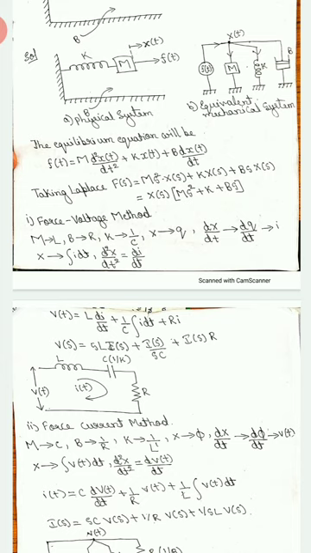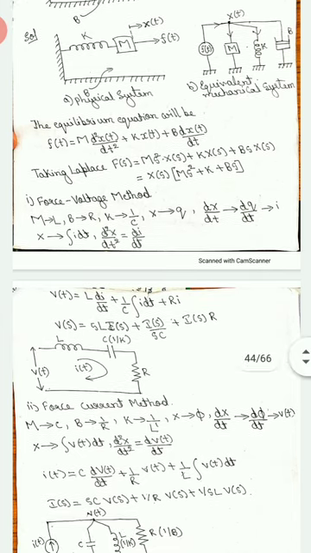Now replace in the equation. Instead of f of t we write v of t, because we are converting force to voltage. v of t is equal to, instead of m we write L, instead of d square x of t by dt square we write di by dt, plus instead of k, 1 by c, instead of x of t we write integration of I into dt, plus instead of b, r, instead of dx of t by dt, we write I. That is, v of t is equal to L di by dt plus 1 by c integration of I into dt plus ri.